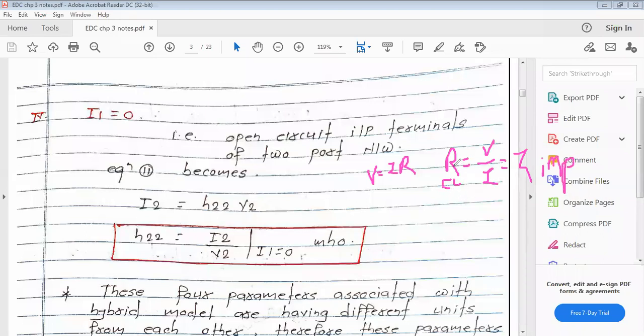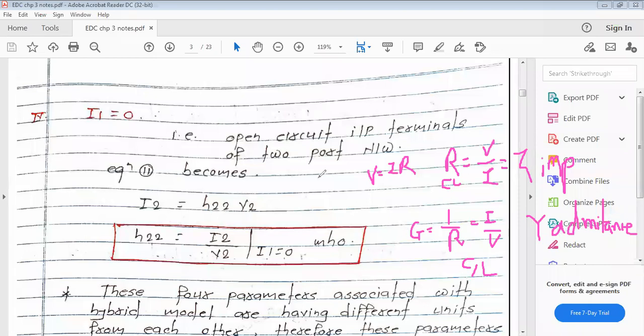Now, if we take the reciprocal of R, 1 upon R, we get I upon V. 1 upon R is nothing but conductance, which is represented as G. But if it has reactive components like C and L, we call it Y, or instead of impedance we call it admittance. Take a screenshot of this. Very, very important.